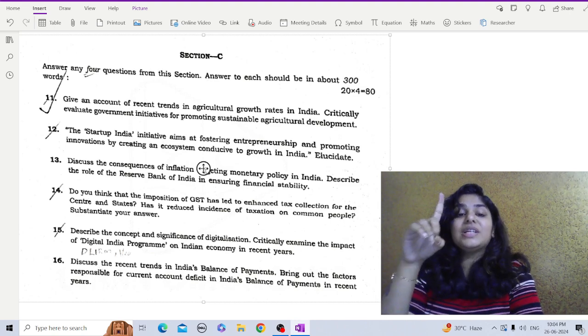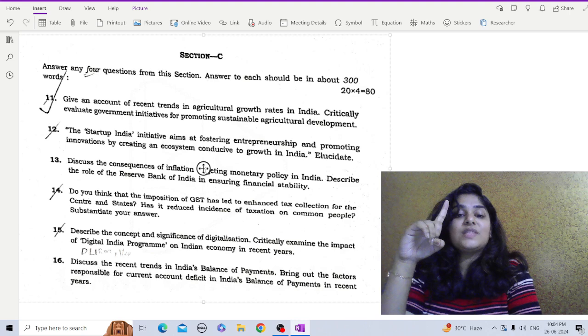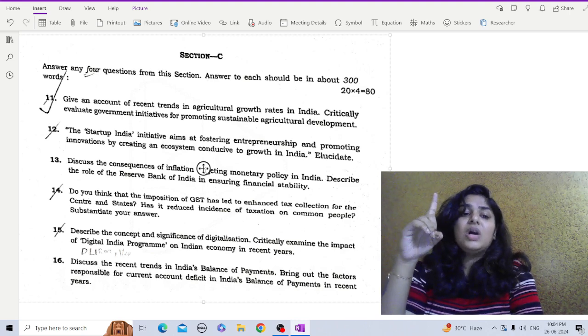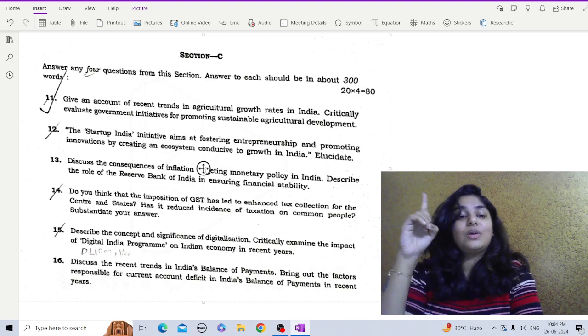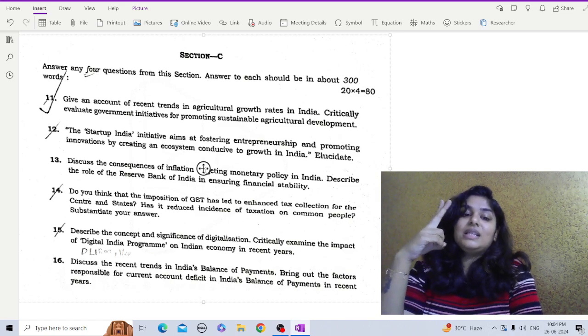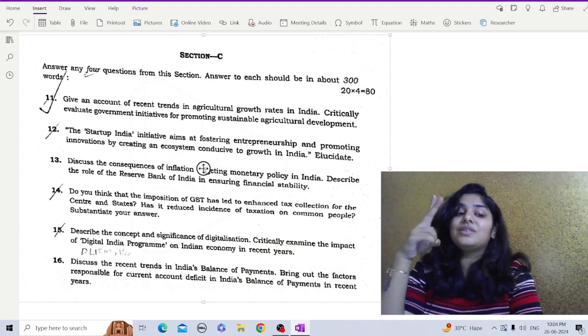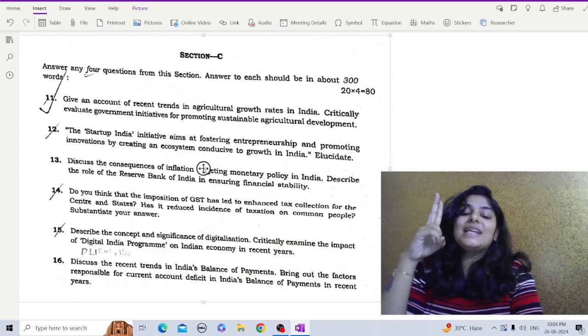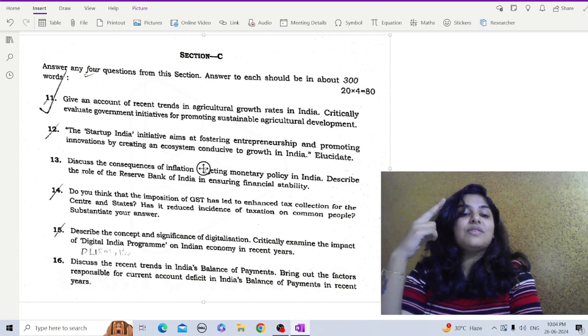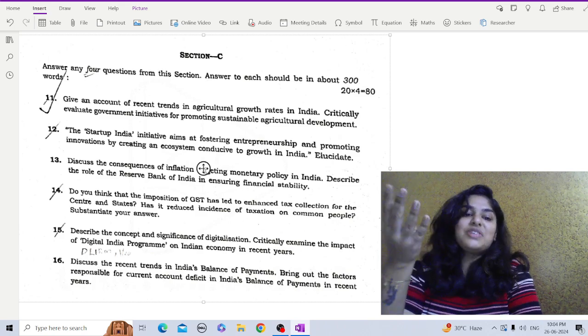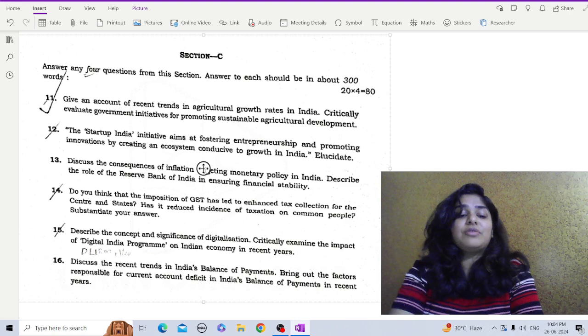Price stability. Inflation targeting has helped in maintaining price stability. By focusing on controlling inflation, RBI has provided a predictable economic environment which is essential for sustainable economic growth. Reduced inflation volatility. The commitment to an inflation target has reduced inflation volatility. So this has enhanced the confidence of investors and consumers in the economy, promoting investment and consumption. Anchored inflation expectations. Policy transparency and accountability, economic trade-offs. Okay, so these are all the impacts, or let's say consequences, of it.